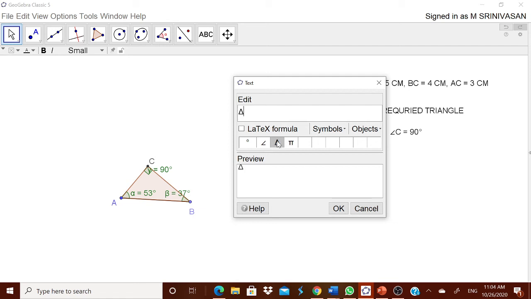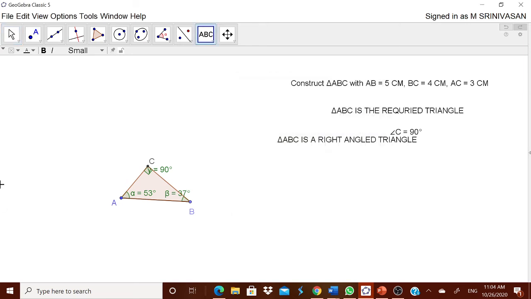Therefore, triangle ABC is a right angle triangle. Now you can ask the question to the children. For the right angle triangle, the sides are 3, 4, 5. What are the 3, 4, 5? What is the speciality? They are called Pythagorean triplets. The children will tell that it is the least Pythagorean triplet. Like that, so many ideas they will be having. Therefore, you can go on, explore some ideas now.